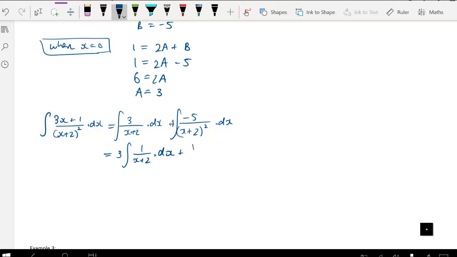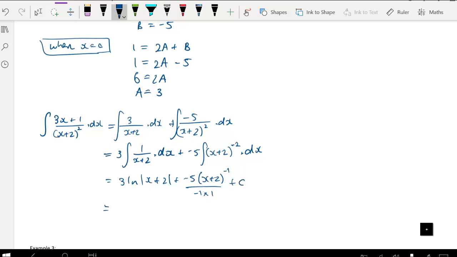The second one, we can move this up and it becomes negative 5 integral (x + 2)^(-2) with respect to x. So we've got 3 ln(x + 2), we have negative 5. Now, when we find the integral, we add 1 to the power, divide by the new power for this one, and also divide by the derivative of the inside. So this becomes (x + 2) to the negative 1 over negative 1 multiplied by 1